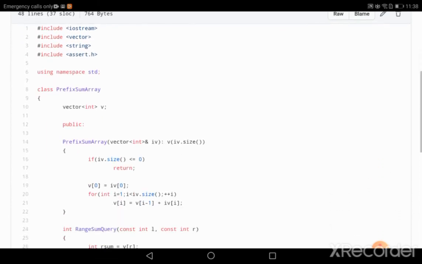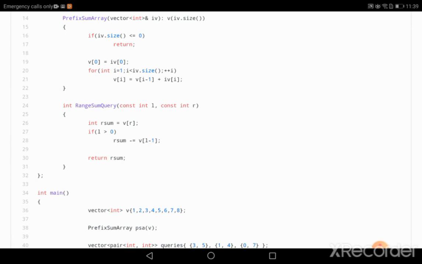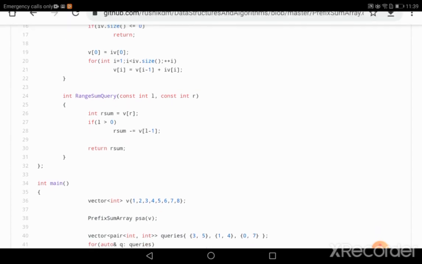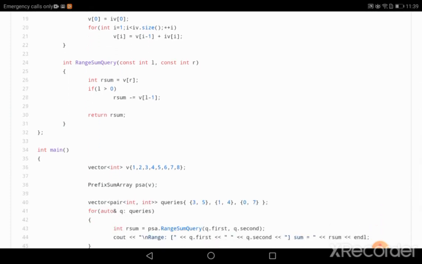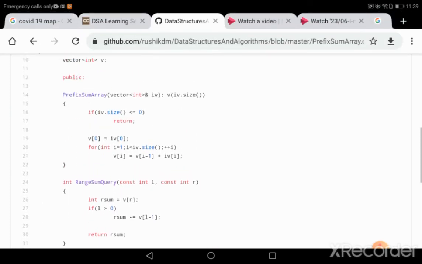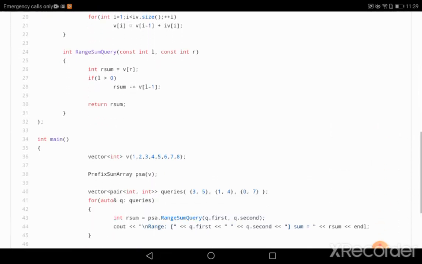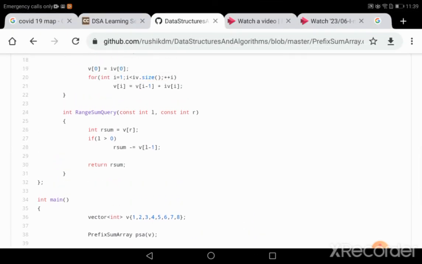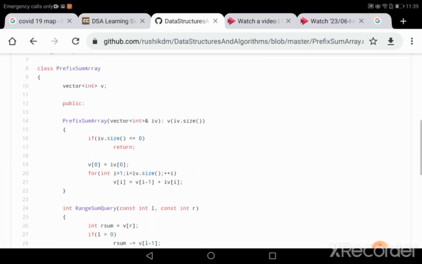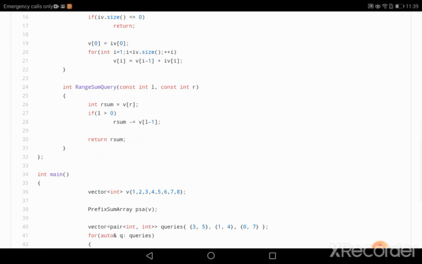So like this, the range sum query can be easily implemented using prefix sum arrays. It is hardly a few lines of code. I know that some people don't create a separate class, they simply have a separate array, and using that array only they manipulate and determine the range sum queries. But here, just for the sake of demonstration and for keeping things separate, I have created a separate class. So it is as per your choice.